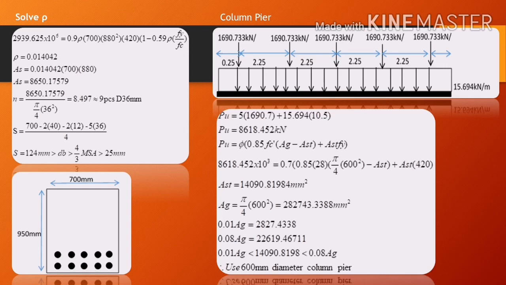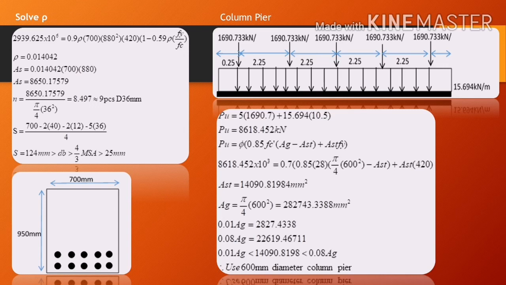For the column pier, PU is calculated as 5 times 1690.7 plus 15.694 times 10.5, which is equal to 8618.452 kN. By assuming the dimension of the column pier, which is 600 millimeters, you would be able to compute for the AST, which is equal to